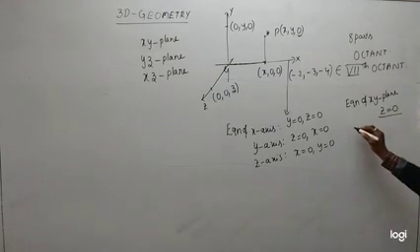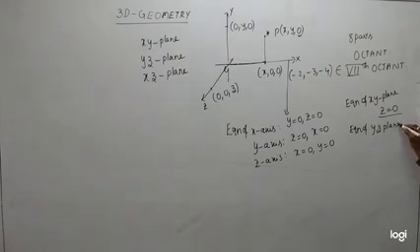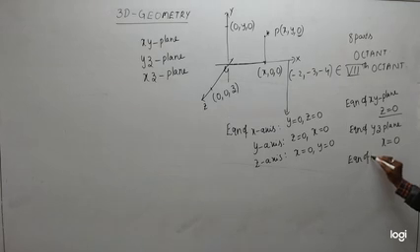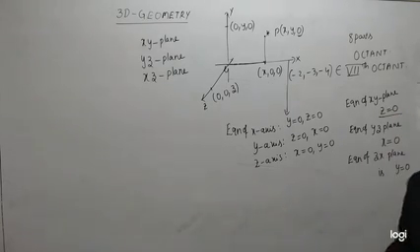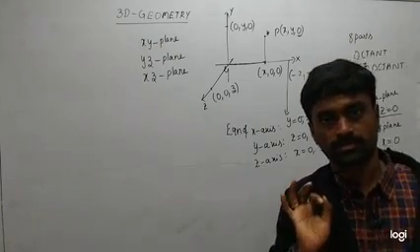Next, similarly, what is the equation of the yz plane? Just symmetry. The xy plane is z = 0, so the yz plane will become x = 0. And the equation of the zx plane, what will you get? y = 0. See, in x, y, z, for the xy plane, z is missing, so z = 0. You remember it like this: the equation of the xy plane is z = 0, the equation of the yz plane is x = 0, and the equation of the zx plane is y = 0. Okay, I think you understand.